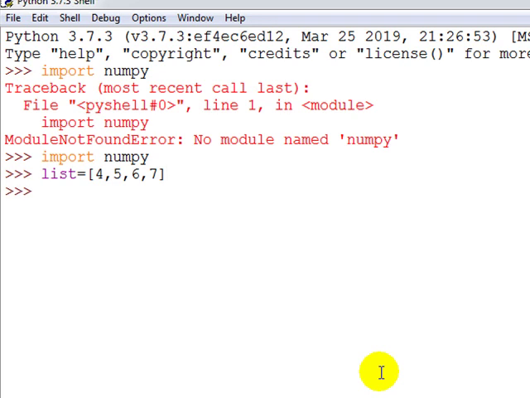Now I want to create an array. What I have to do is first import numpy.